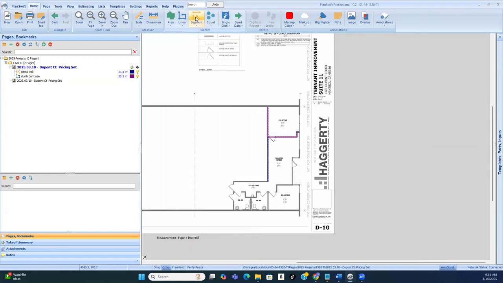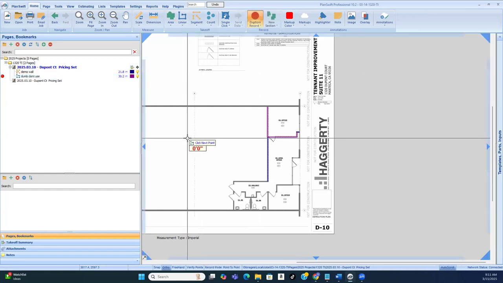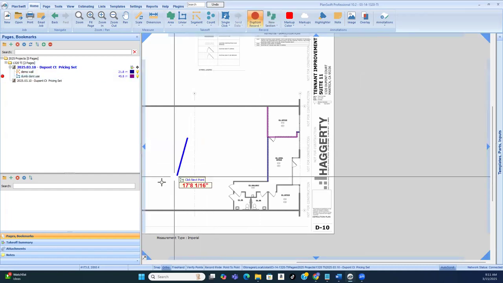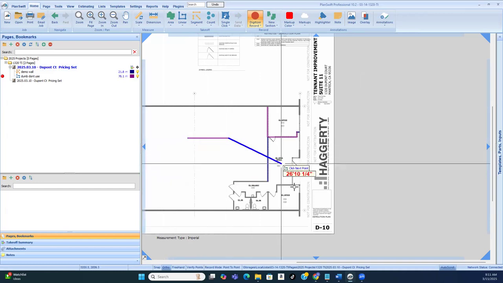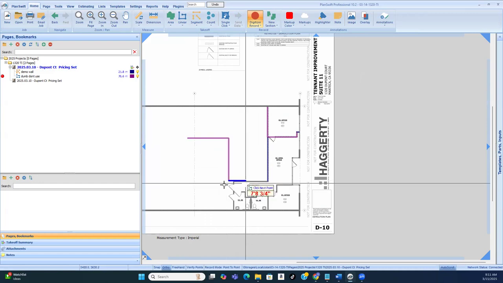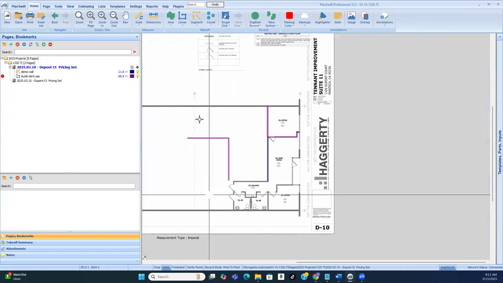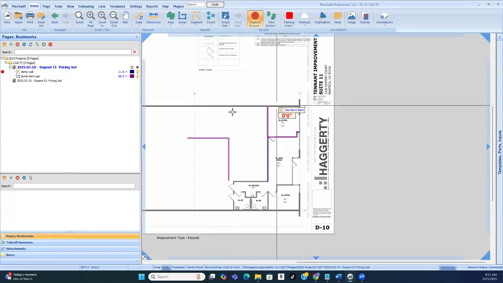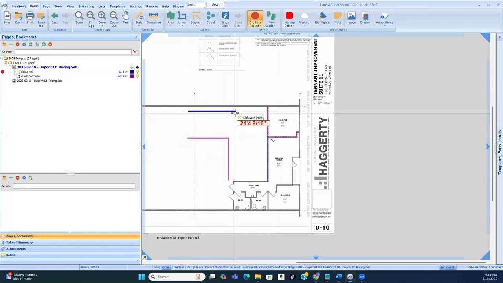Let me show you again. Segment tool. Okay, so I'm saying do the segment. All right, there's the first click. Second click, you see it doesn't stop? I have to keep going and tell it to stop. Stop. Now, segment tool, if I just want to measure this portion of the line, first click, second